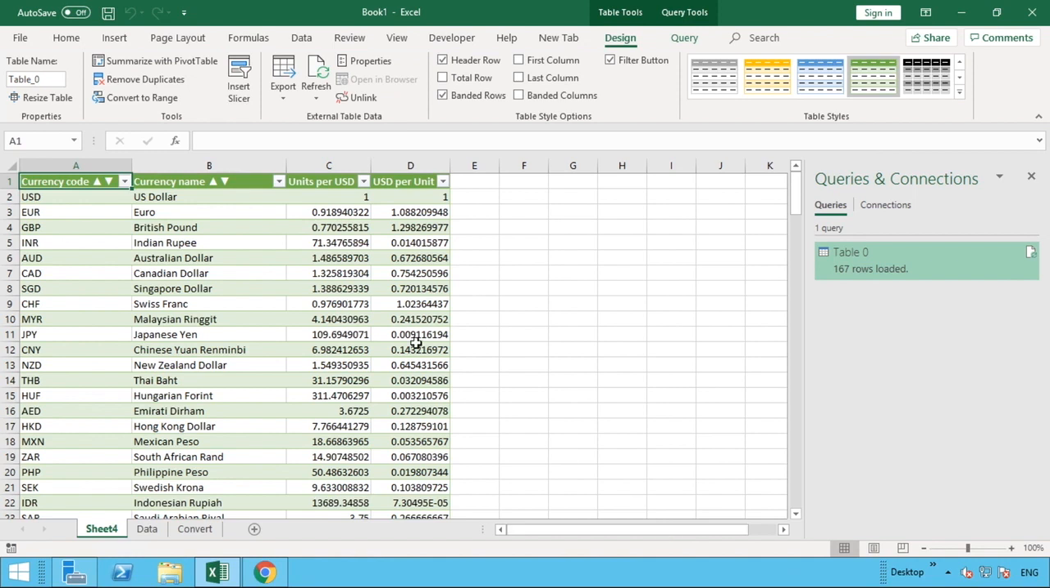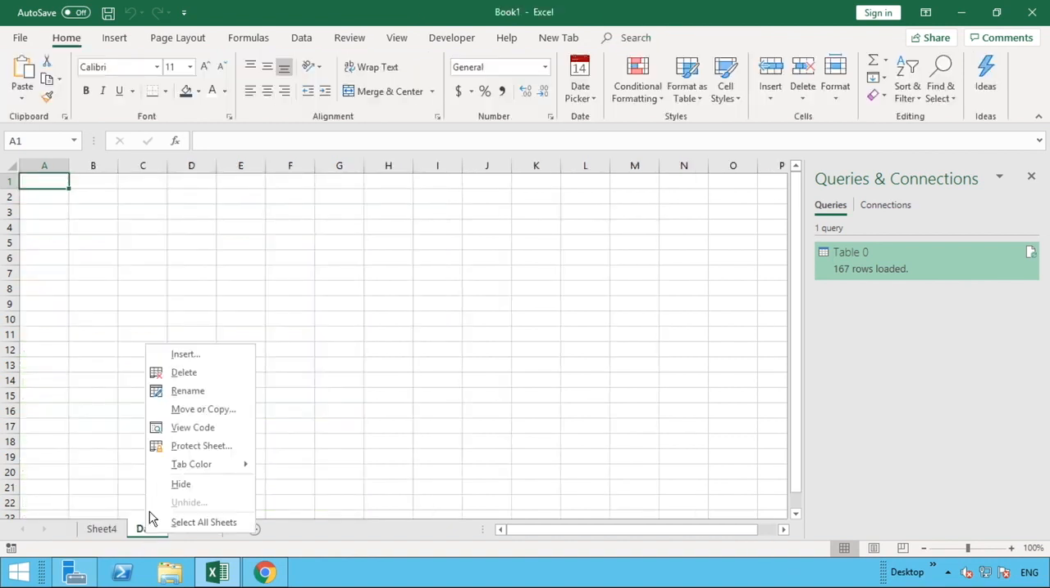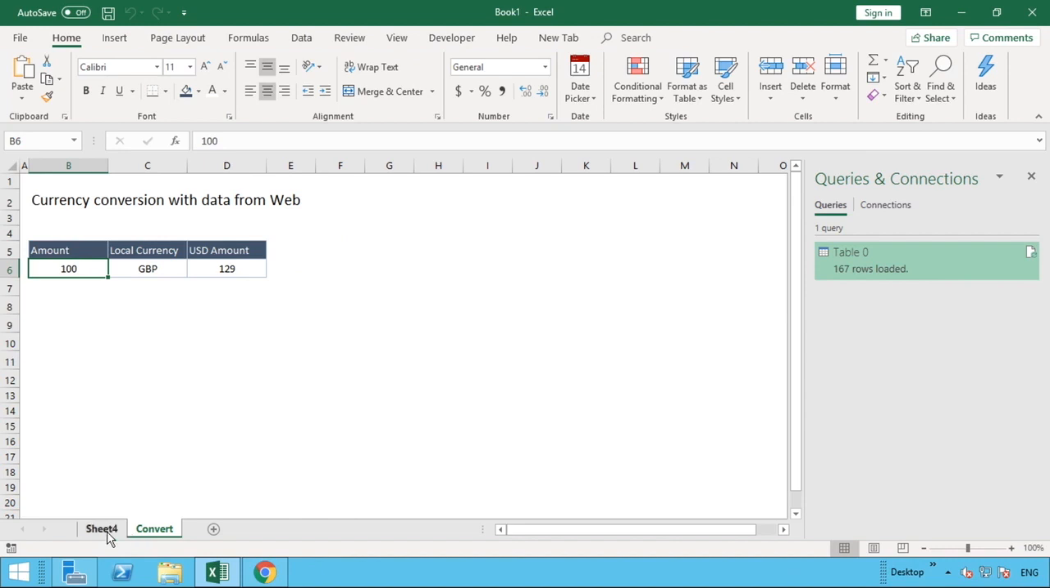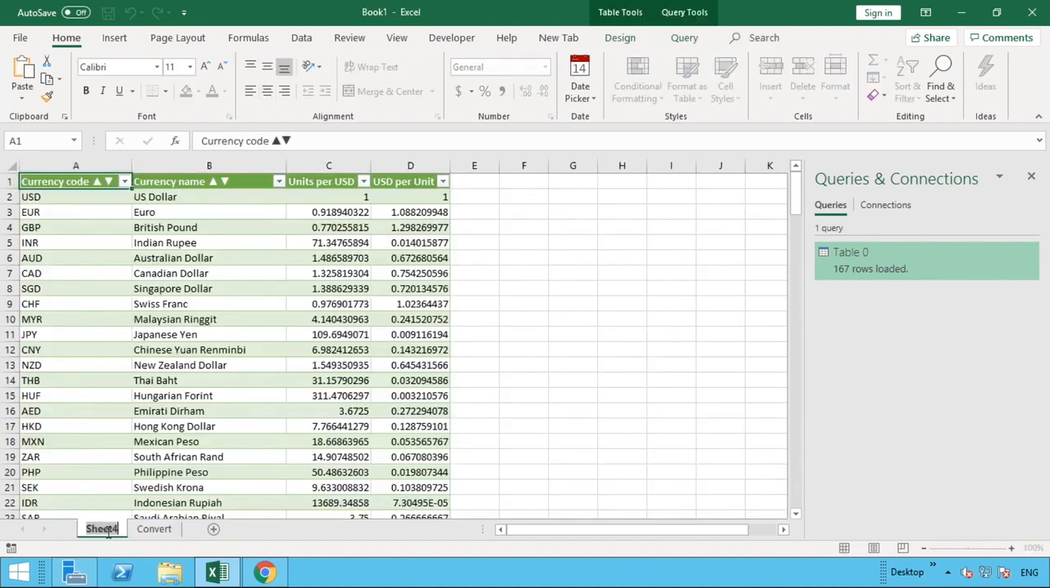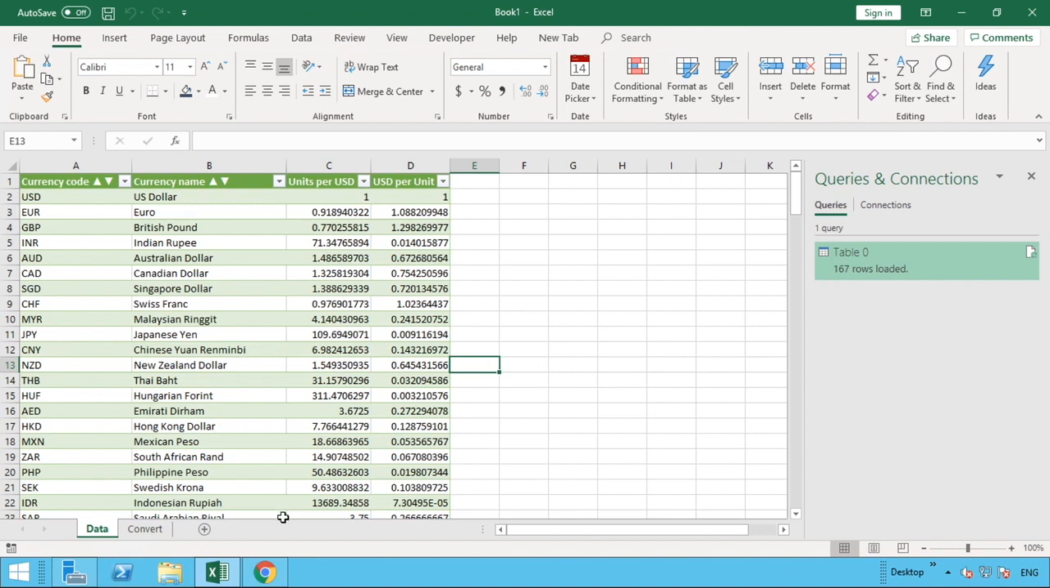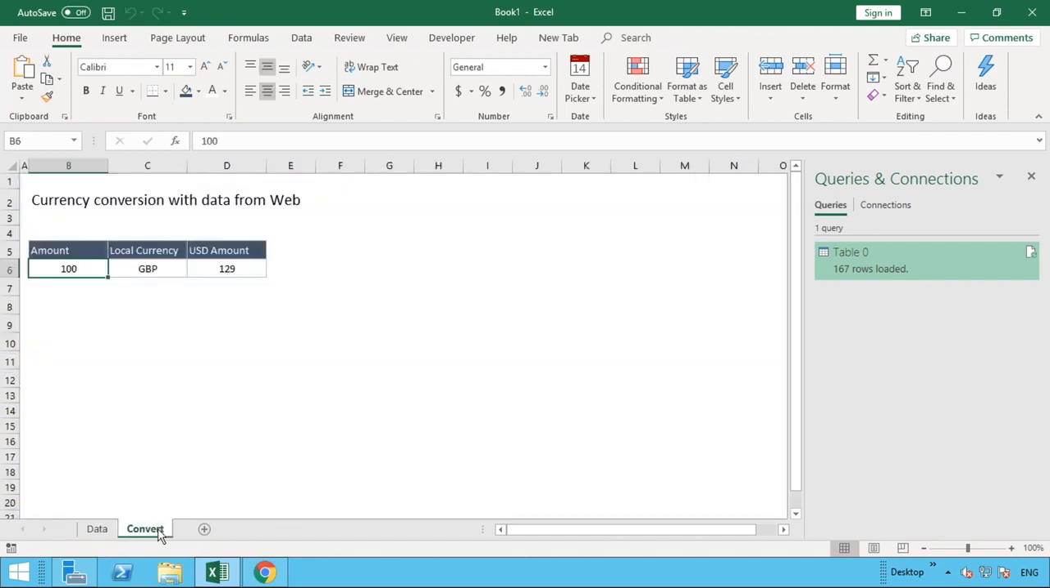And what I've done there is I've made a mistake. It's obviously put it into a new sheet, so I can get rid of my data one because it's not worked as I intended. But then if I go into sheet 4, I can just now rename this data. All I now need to do is, when I go into my currency convert, or let's call this one conversion,